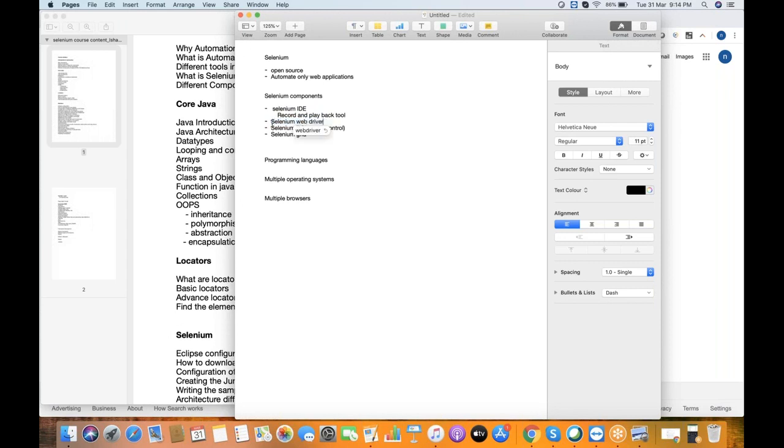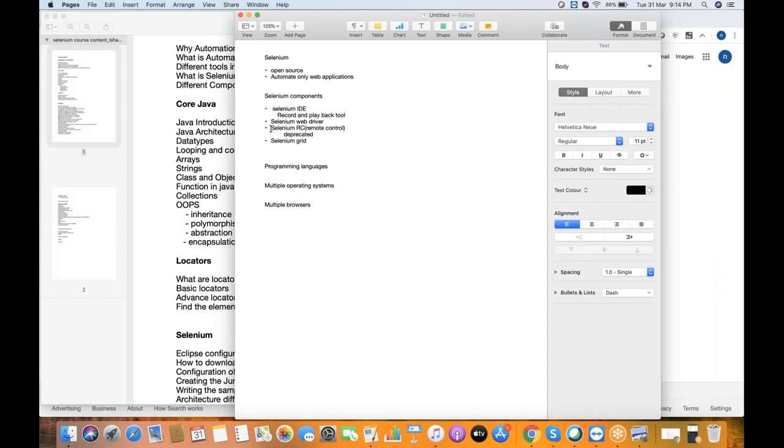So our course is designed for the Selenium WebDriver. I'll come back to this shortly. Whatever I explain is related to WebDriver. The next one is Selenium RC. RC stands for Remote Control. This is now deprecated from Selenium version 3, so we don't need to use it. Earlier it was needed to work with Selenium WebDriver, but now there is no dependency on it.